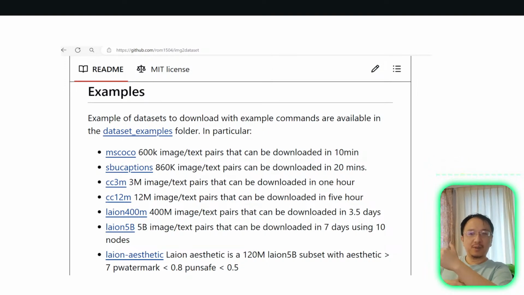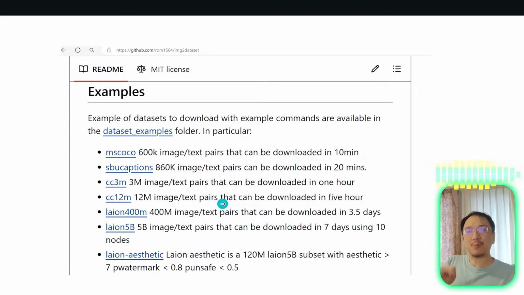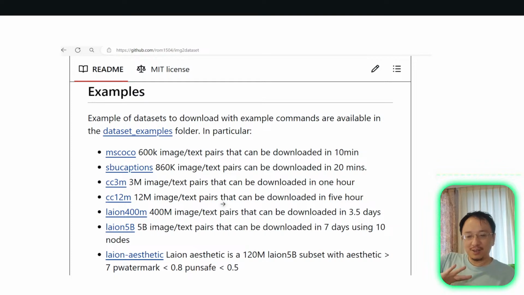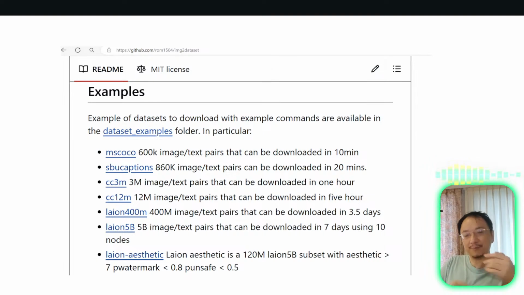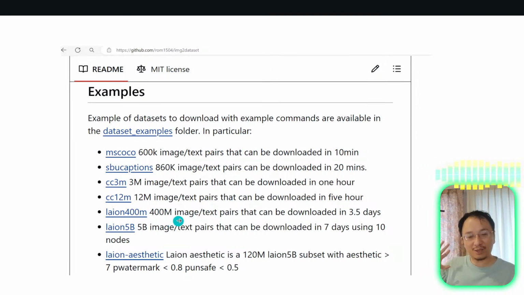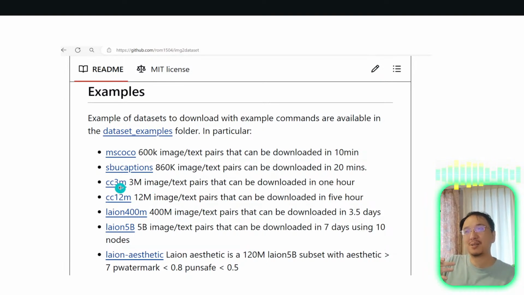So when we wish to generate images, video, or audio, I think these raise more copyright concern. But when we are not generating images or video directly, just trying to understand the image, there is still concern, but much less. Okay, so anyway, you have to download the images, and just remember, although the repo says these datasets are